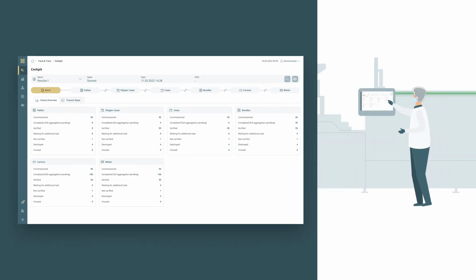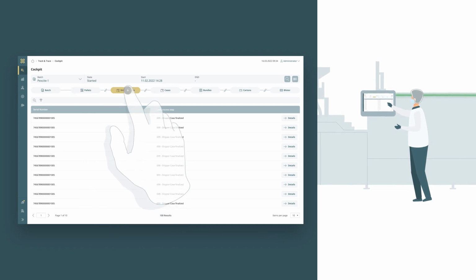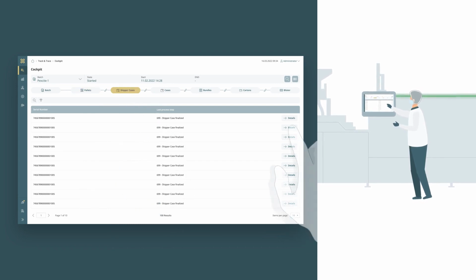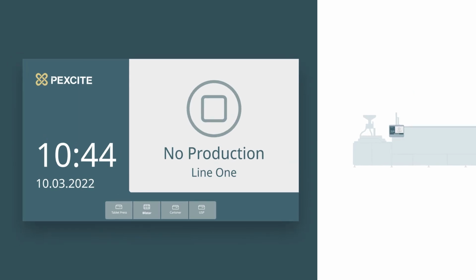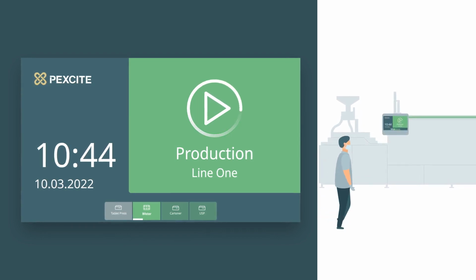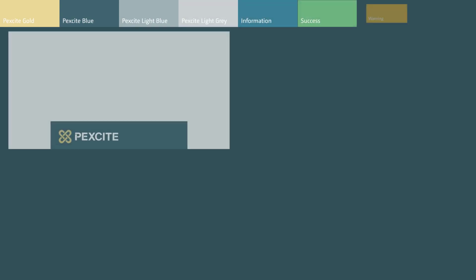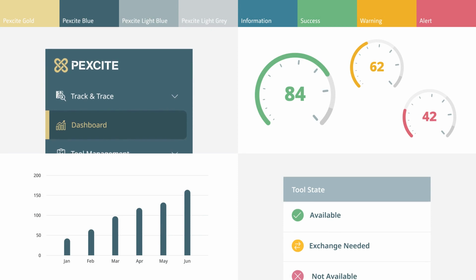An integrated cockpit provides an overview of information on packaging units and clarifies links and dependencies. The distance view enables operators to monitor the status of the production process, even when they're not directly in front of it. Pexcite's corporate design has been translated into a user-friendly UI that fulfills the stringent production safety standards of